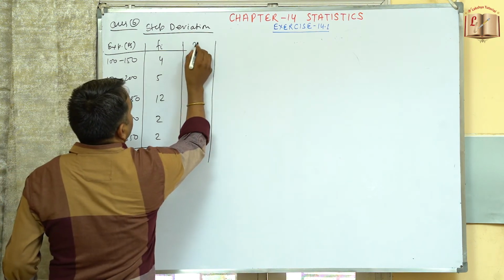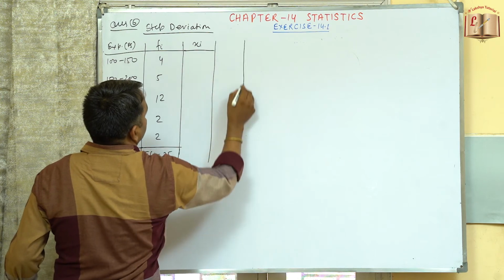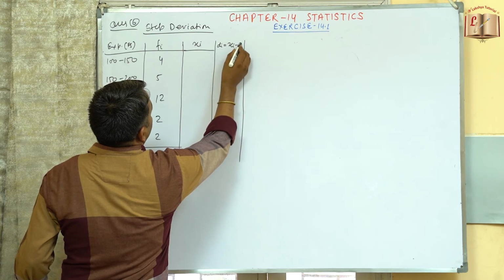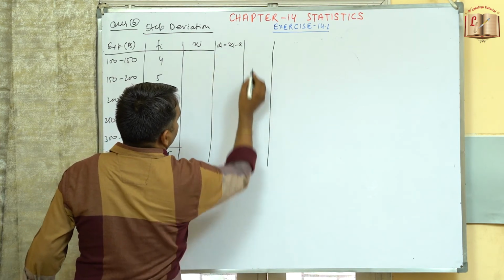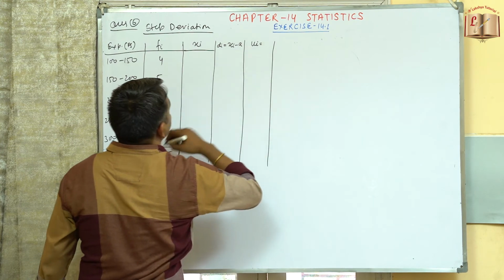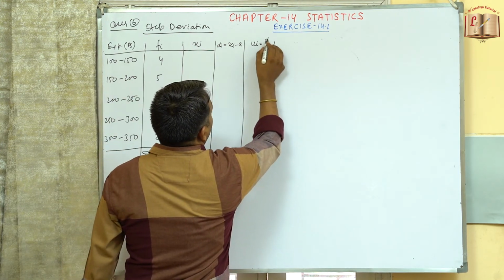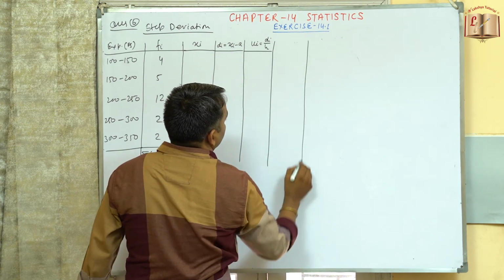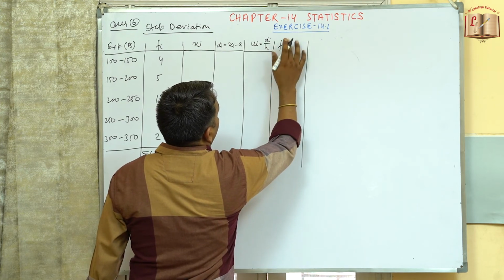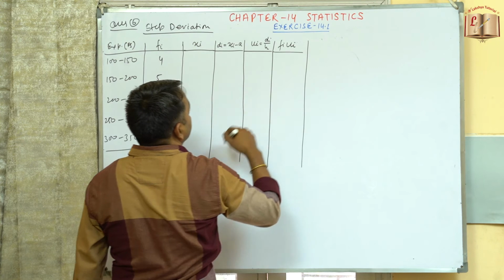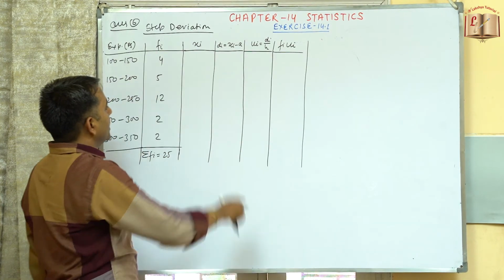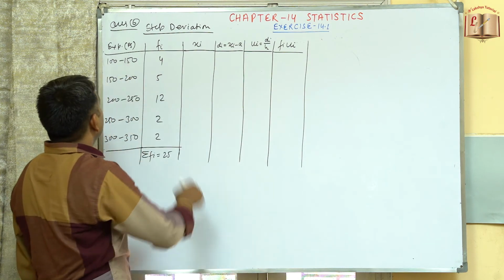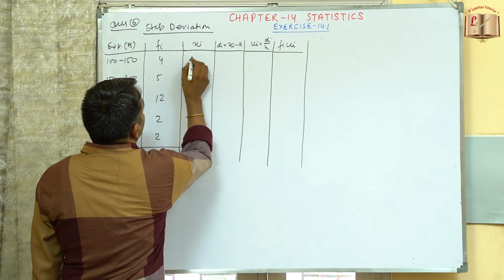Now in this table we will first find out the Xi. Then we will find out Di equals to Xi minus A. Then we will find out Ui. So Ui will be Di by H. And in the last column we will find Fi Ui. So first of all we will calculate the value of Xi. Xi will be the sum of upper limit and lower limit divided by 2. So this will be 250 divided by 2. So this will be